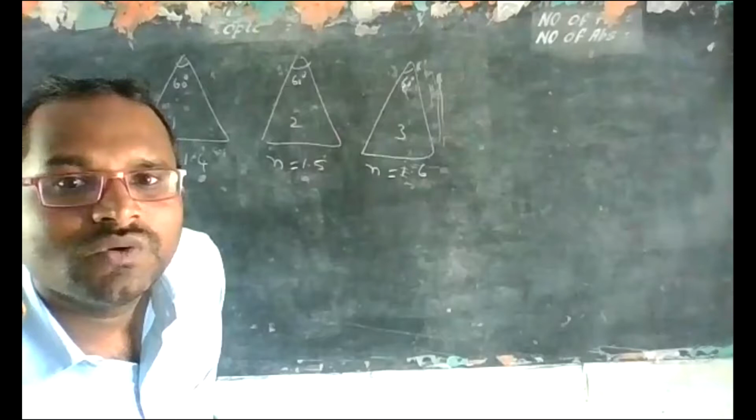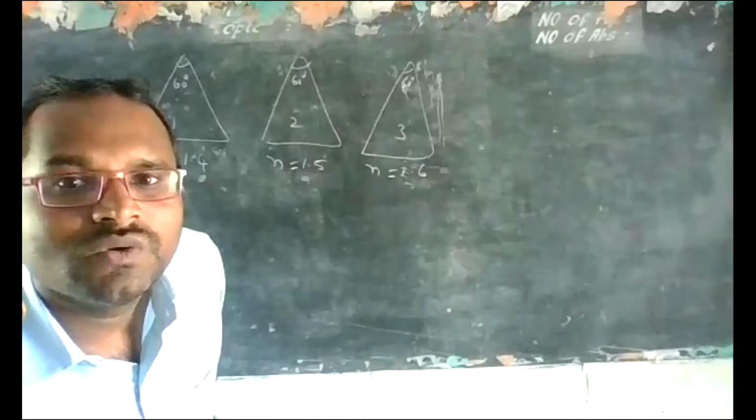The given question has three prisms whose prism angle is the same, 60, 60, 60, whereas the refractive indexes are different: 1.4, 1.5, 1.6. Due to that, they have deviations of delta 1, delta 2, delta 3. Then, what is the relation between delta 1, delta 2, delta 3? They are asking, okay?